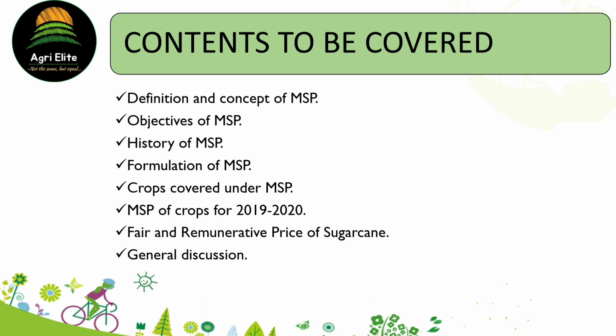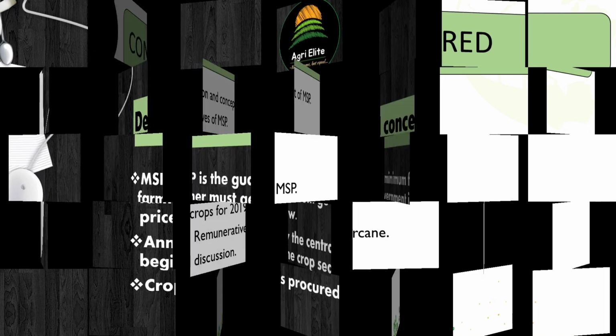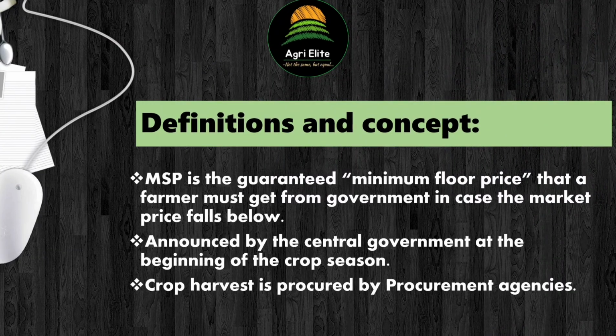So, first of all, the definition and concept of MSP. If we define MSP, let's first break it down. तो ये है क्या? मिनिमम सपोर्ट प्राइस. मिनिमम यानी कि कम से कम. सपोर्ट किसको सपोर्ट देना है? फार्मर को. किससे सपोर्ट देना है? प्राइस से. So it is the minimum support price offered by the government to the farmers in case the market